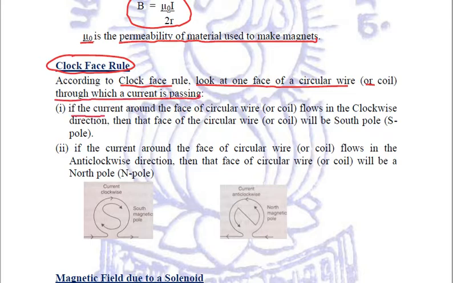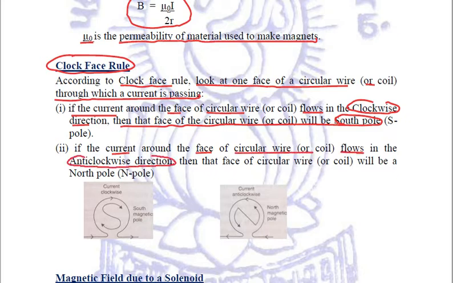If the current around the face flows in the clockwise direction, then that face of the circular wire will be a south pole. And if the current around the face flows in the anti-clockwise direction, then that face will be a north pole, right?